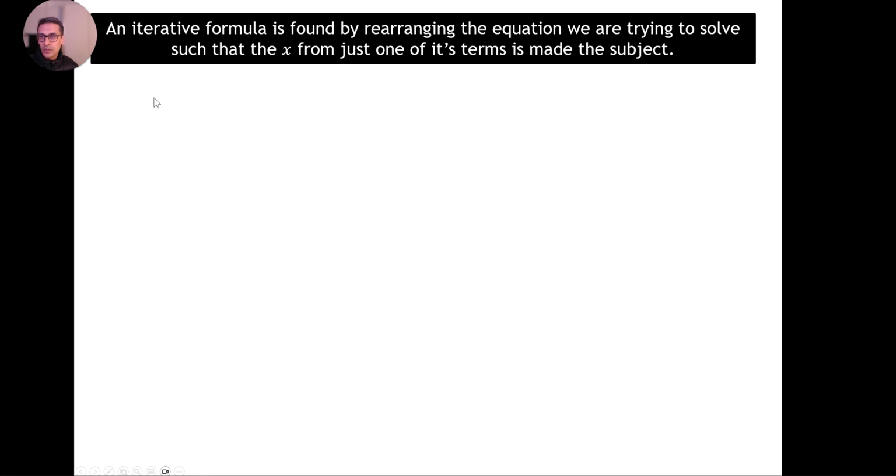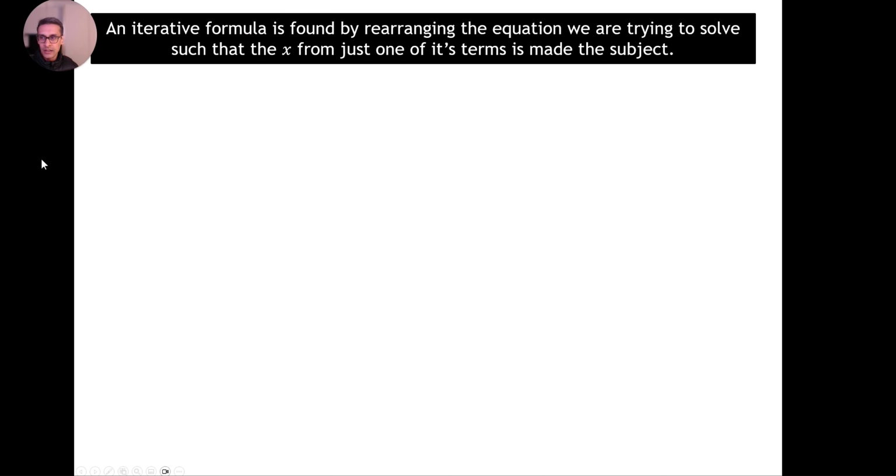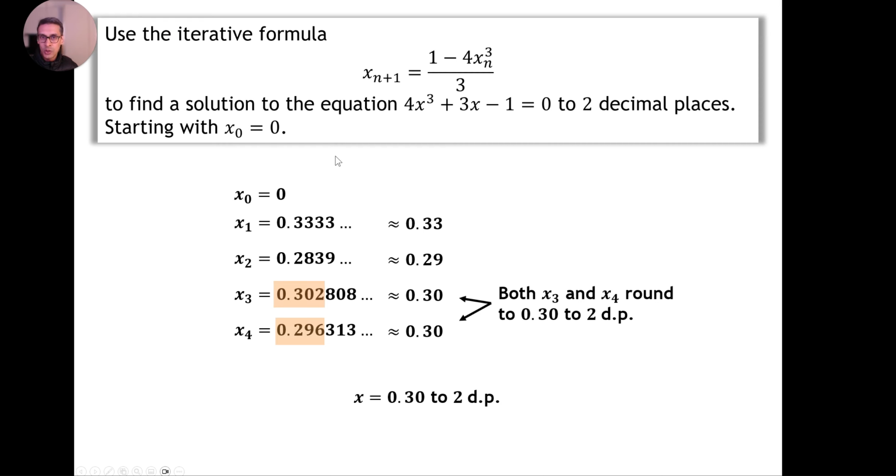Okay, now in terms of how to find the iterative formula, we're going to look at that in the next video, and that will be separate to the main playlist, because why this works and how you rearrange these is beyond